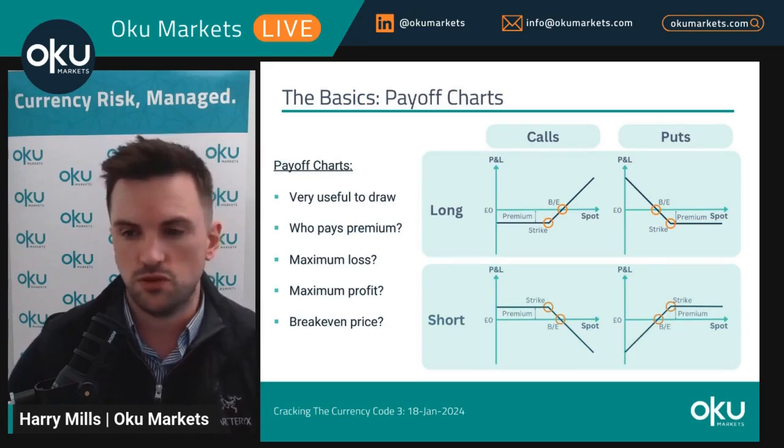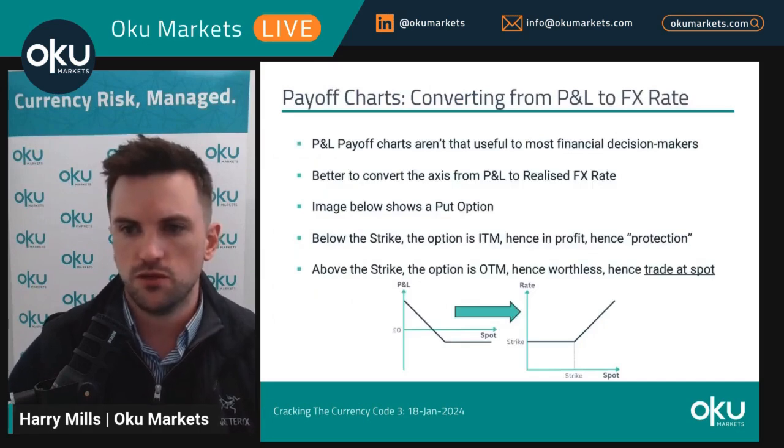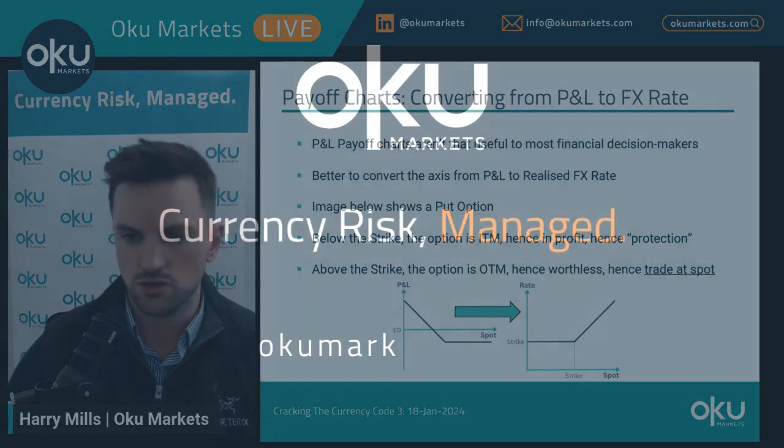So these are quite useful charts to think about how an option pays off, where the premium comes in, if we pay or receive the premium, and what the potential profit and loss payoff is. But it might not be that useful for a corporate hedger, for an FD or a CFO or whomever, with real underlying deliverable foreign exchange needs. So most people tend to prefer to read the y-axis instead of a P&L. They prefer to read as a realized exchange rate. So if the market goes to X or